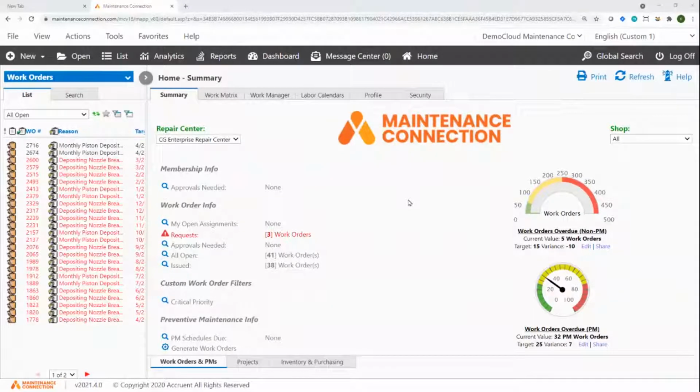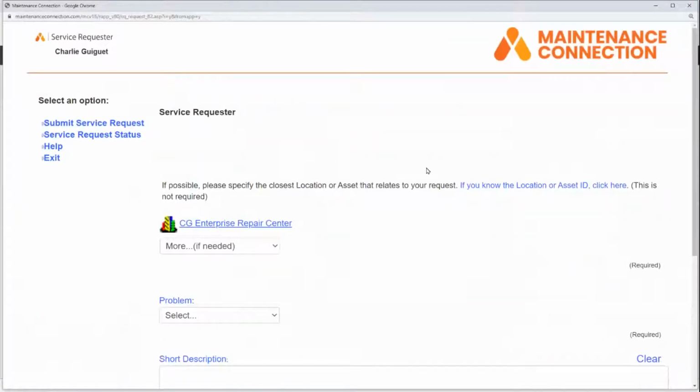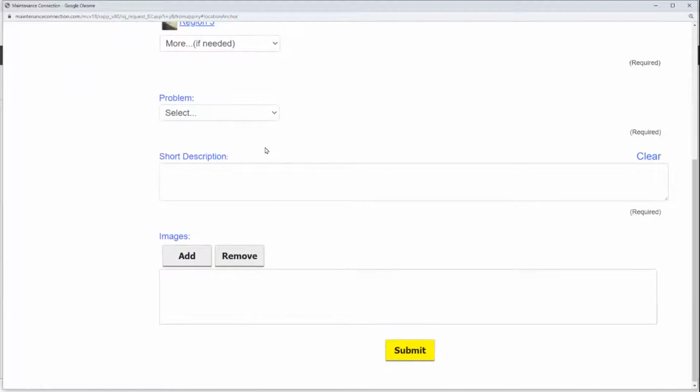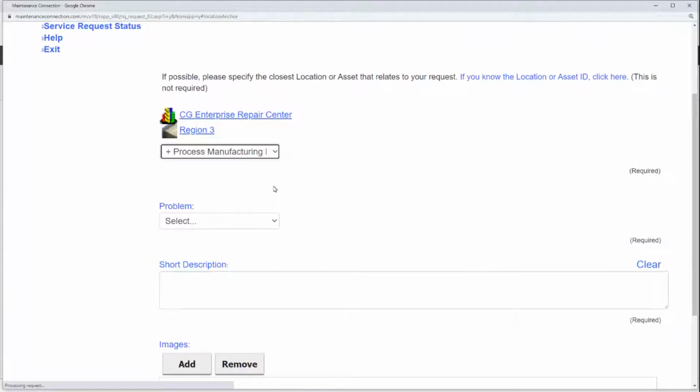I'm now connected to Maintenance Connection via my browser. If I want to create a new service request, I can use my New button, select the service requester, and this will allow me to create a simple service request for a particular problem type. In this case, I will select the region, the facility I'd like to use,